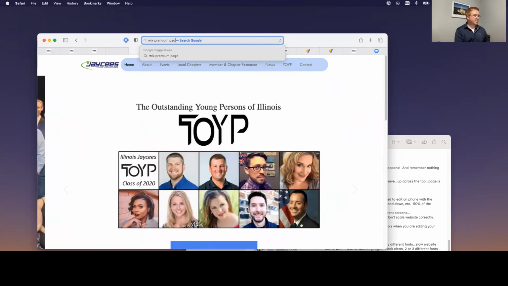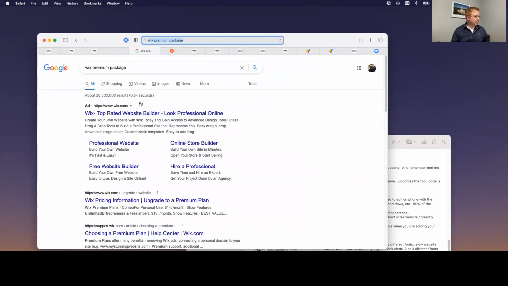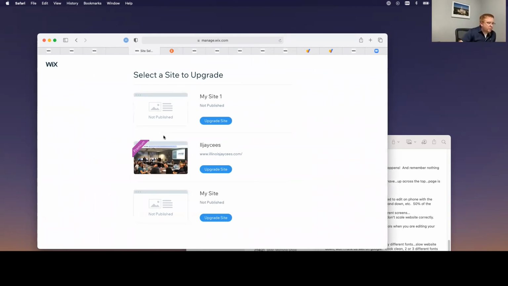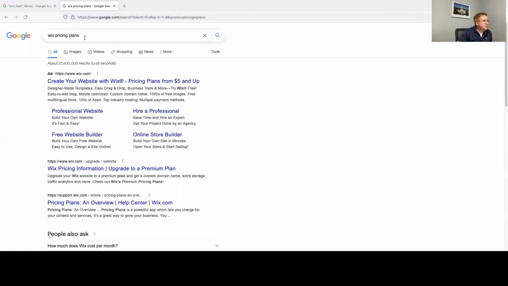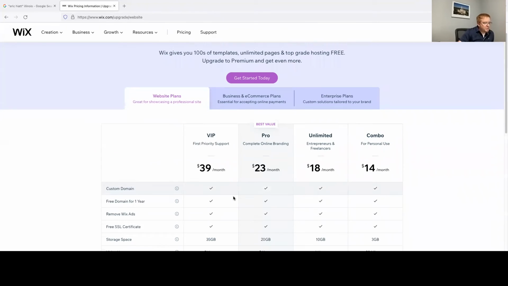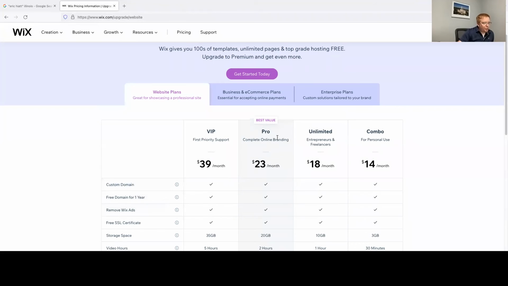And I can actually see the differences between them. Again, this is the full price, or see, I'm logged in, so it's not. Let me see if I can open up Firefox here, Wix pricing plans. So you can see I think we're on the Pro, and so we got 50% off that when that promo